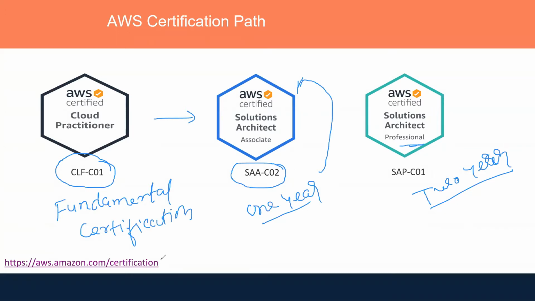If you want to know more, there are more certifications as well. For example, the certification for DevOps, the certification for security, the certification for databases. You can go to this website and refer to the certifications. More detail, such as the cost, you can find on this website. Here in our course, we are going to take this particular certificate, which is the associate level certificate. This is the intermediate level course which we are going to cover. Now moving to course content.